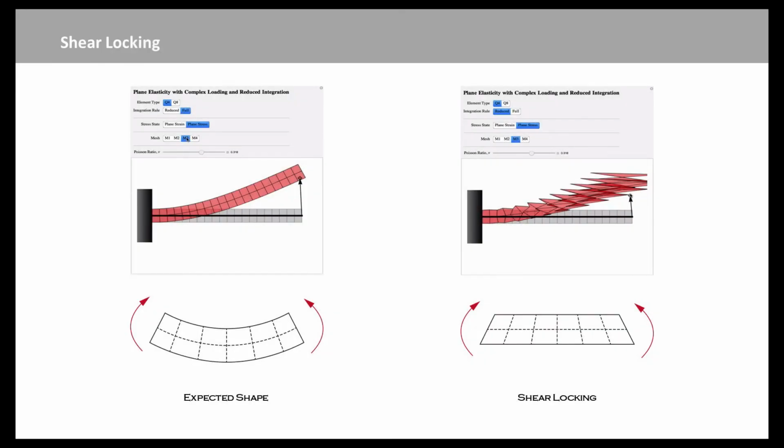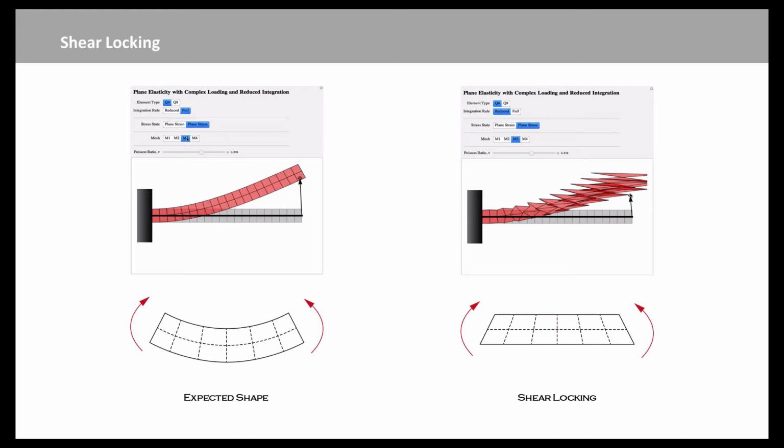Shear locking can occur in beam, plate, and shell elements. From a mathematical point of view, there is no yield condition in the corresponding equilibrium equations. The important parameter in the case of shear locking is the thickness of the element. This can be understood most easily with the help of the following example.